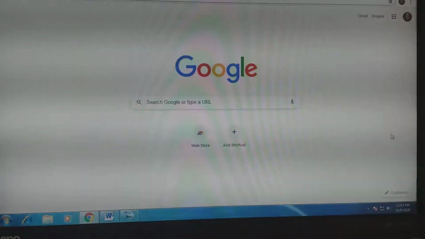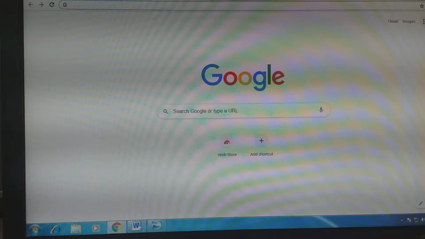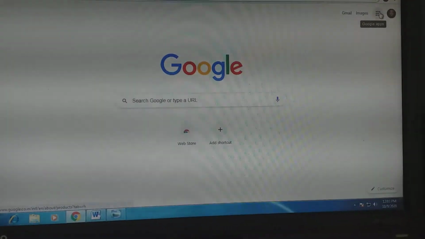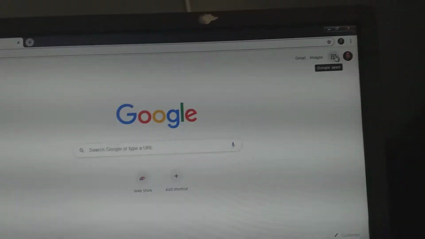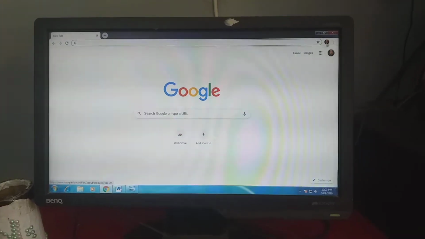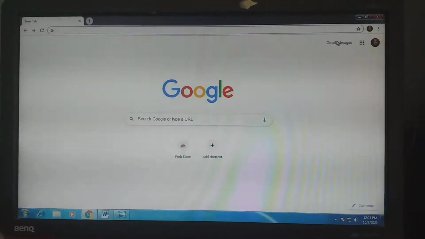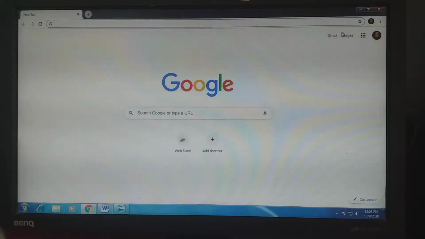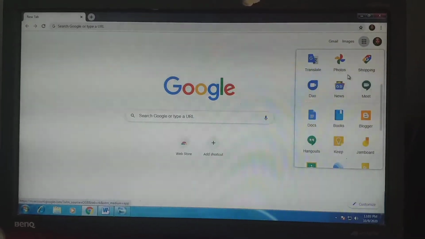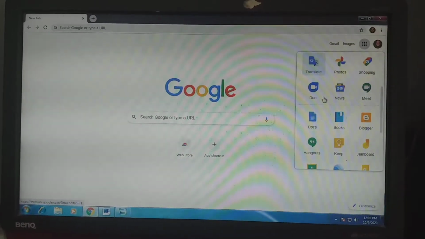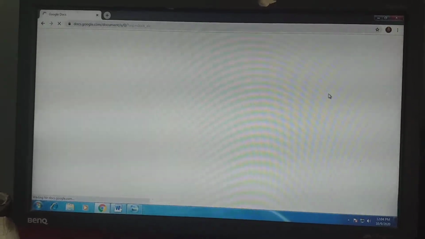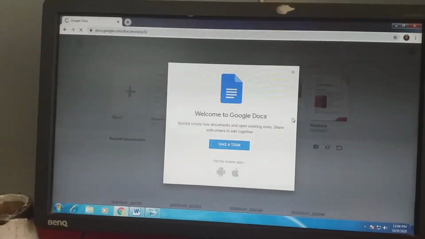Open it. Here is the sign of documents, if we want to open this.